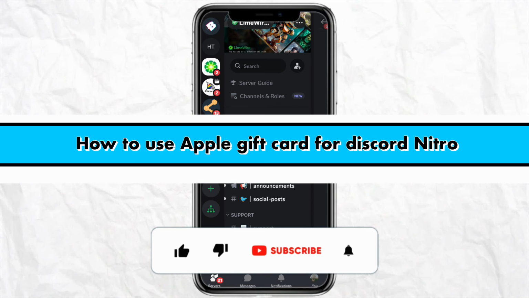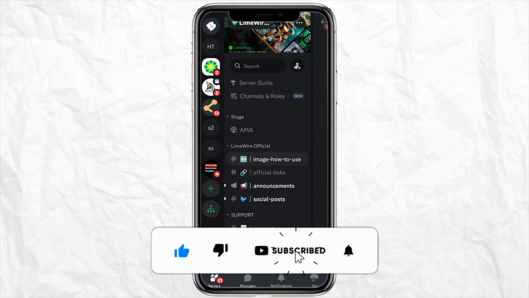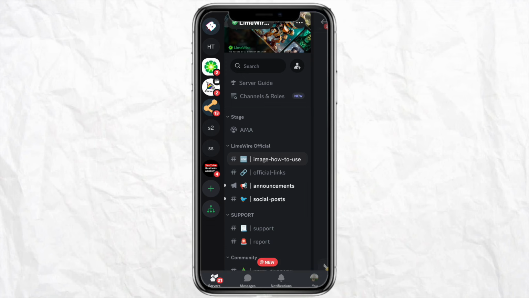To use Apple gift card for Discord Nitro. Hello everyone, welcome back to the channel, and in this video I'm going to show you how you will be able to use your Apple gift card for Discord Nitro. Basically how you will be able to buy your Discord Nitro using your Apple gift card. So the process is quite simple, so make sure to follow along till the very end of this video to